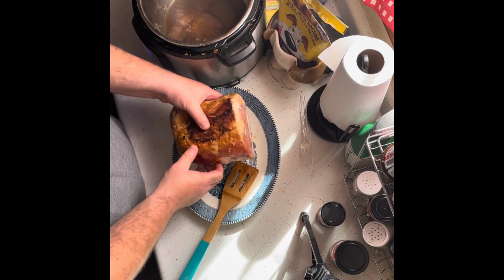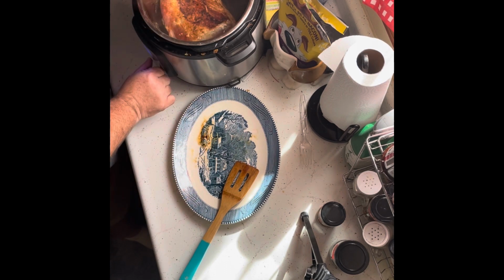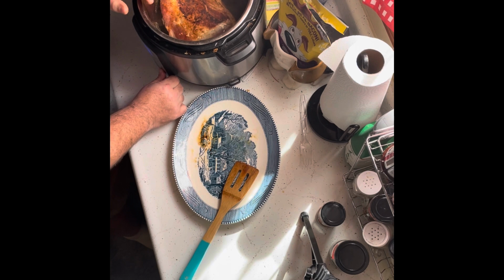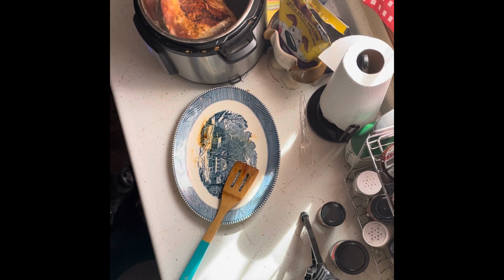I can pick this up. It's not that hot. I have hands of steel, y'all. So I'm just gonna put that in there, and I'm gonna go ahead and turn this off. And let me wash my hands again real quick. Now, what I would generally recommend at this point is that you add in,